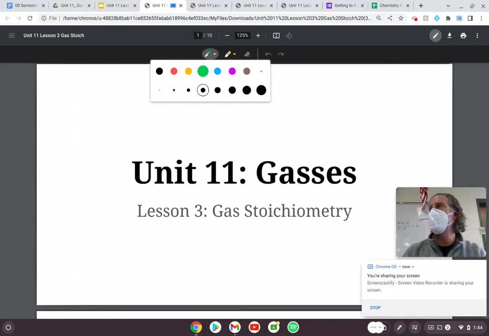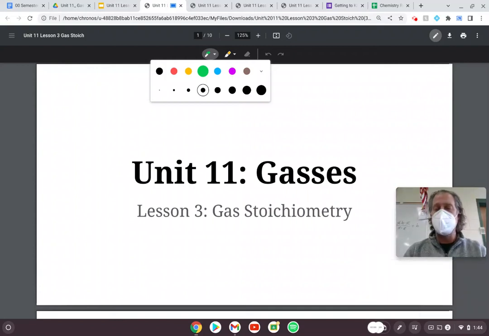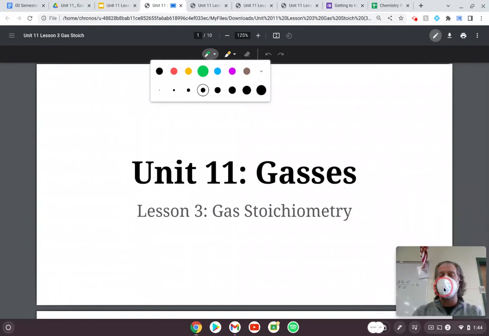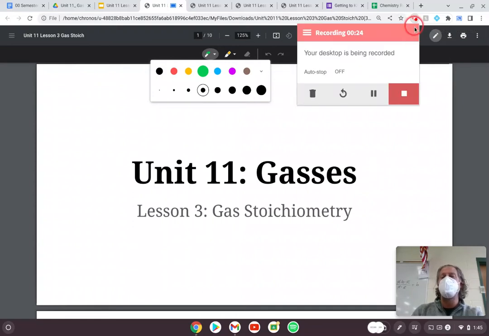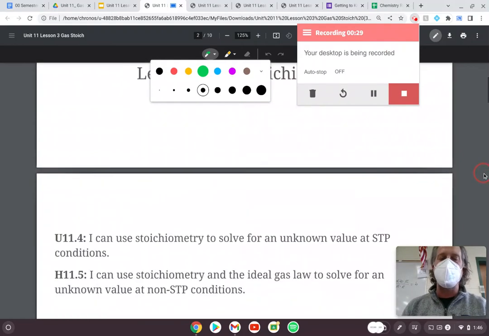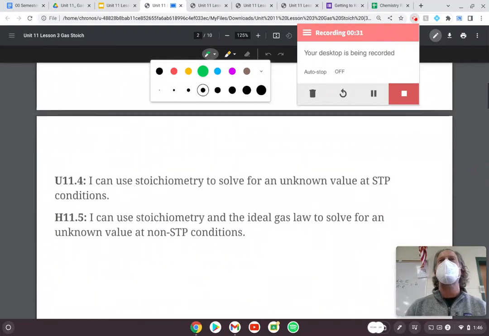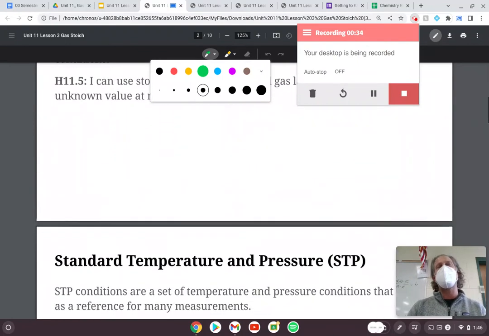Okay, so in today's lesson, we are going to be talking about how we can use the skill of stoichiometry along with the ideal gas law. So that's what we're going to be focusing on. And again, you should probably want to have a periodic table out, maybe your calculator, in addition to your note packet. Like I was saying, we are going to work on using stoichiometry to identify, or I guess solve, conversion problems